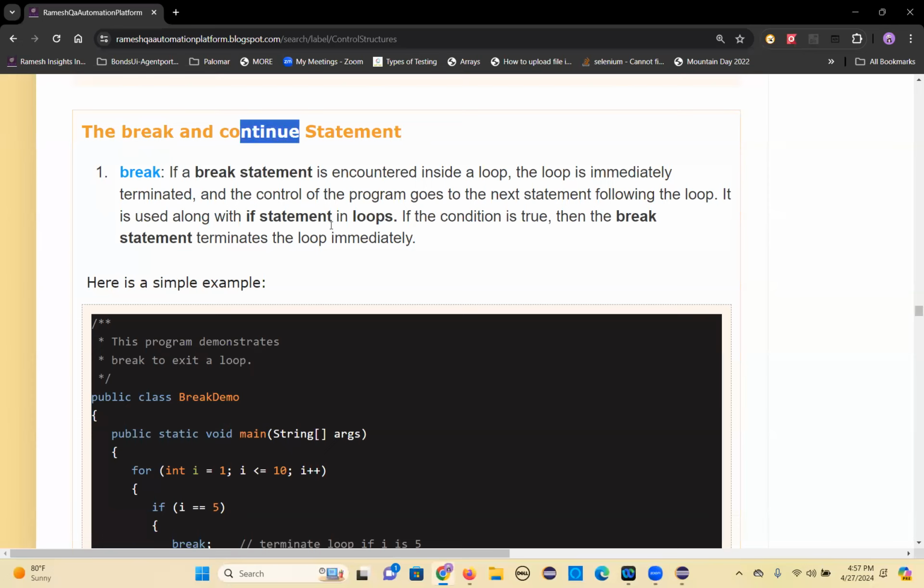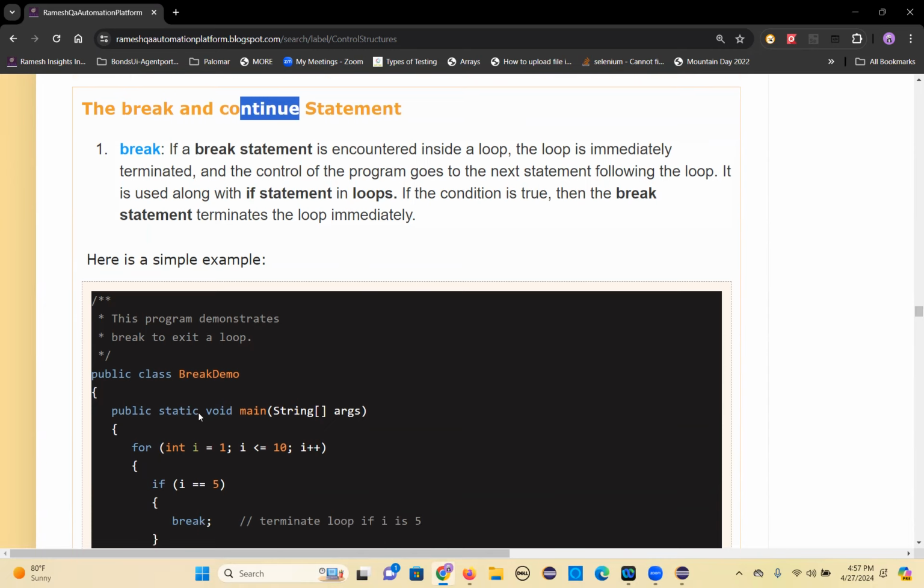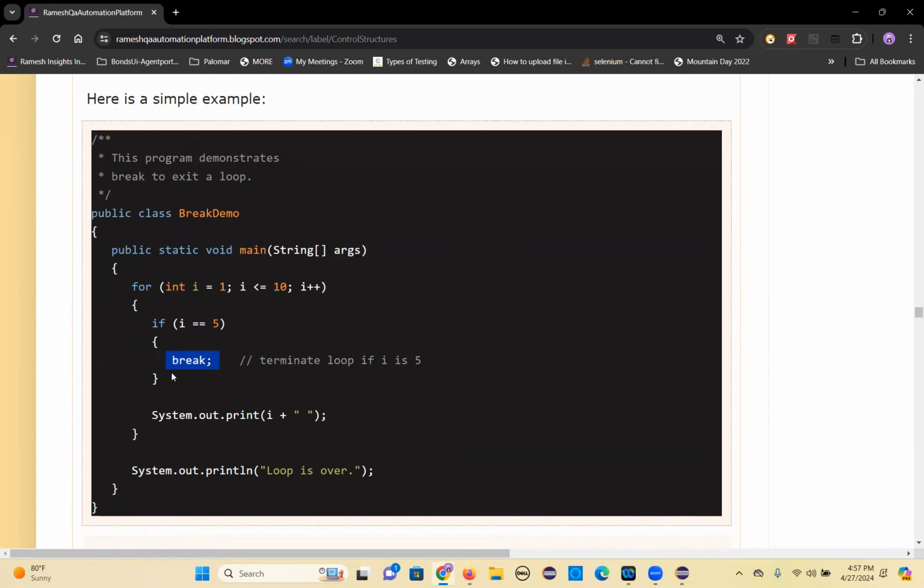So, break and continue statements. If a break statement is encountered inside the loop, then the loop is entirely terminated. So break is used inside a for loop or while loop anywhere, and the entire loop will be terminated. We use break inside an if condition only. The loop should be there on the top, and then the if condition, where you write a break, and this entire